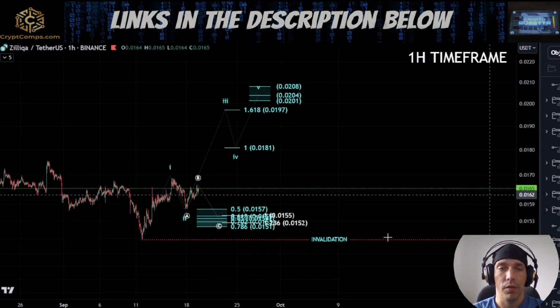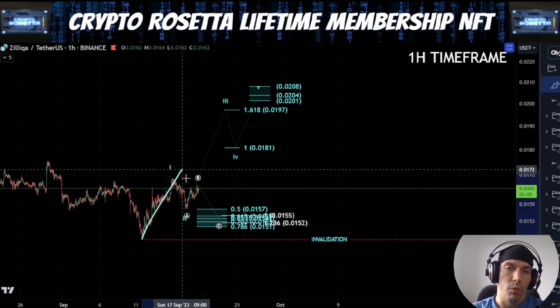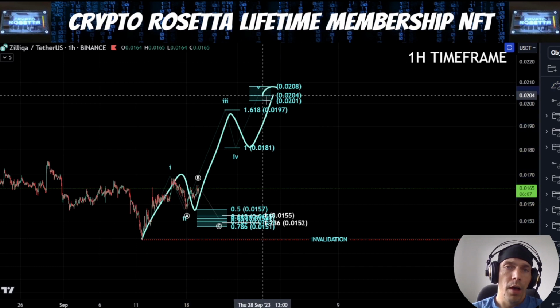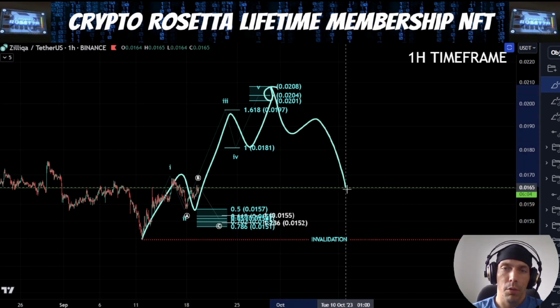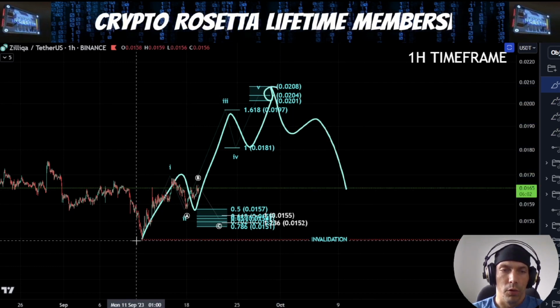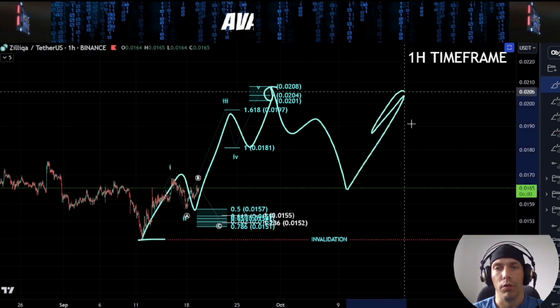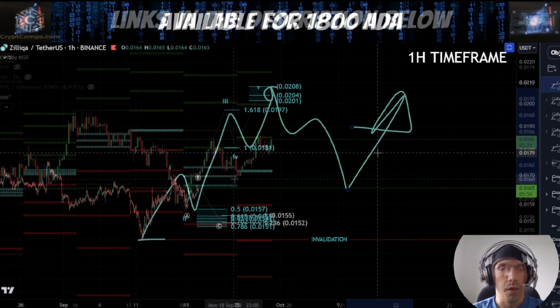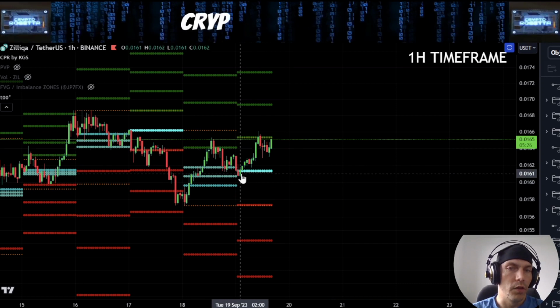Then the key thing here is going to be, if we do get this as 1, 2, 3, 4, and 5, how we react from this point. If we get 3 waves down, looking to find support above this low, we can look for that potential for continuation to the upside. Coming down here and having a look at the daily CPR lines, what we can see